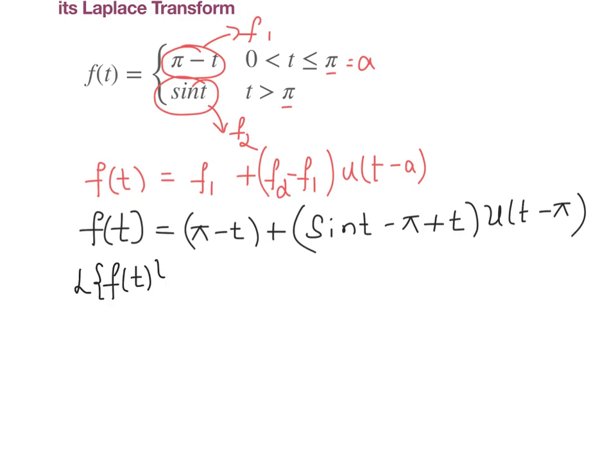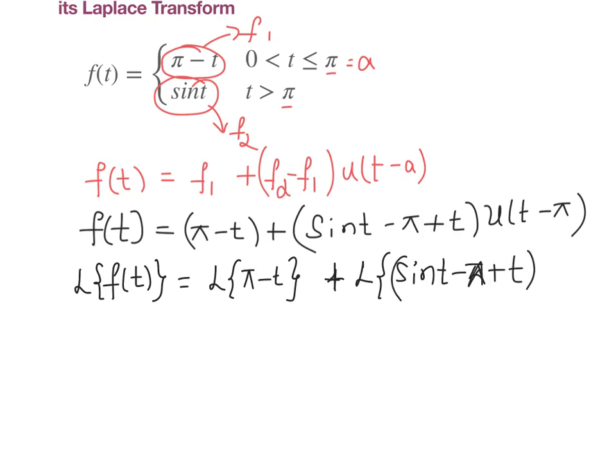Laplace transform of f of t is equal to Laplace transform of pi minus t plus Laplace transform of sin(t minus pi) plus t into unit step function u of t minus pi. So we write the result. This is Laplace transform of pi minus t. Pi is a constant, so pi by s, minus Laplace transform of t, t power n, n is 1, so 1 factorial by s power 1 plus 1,